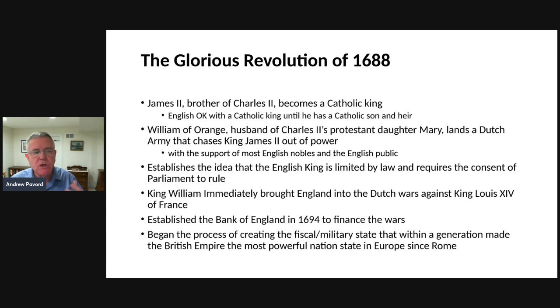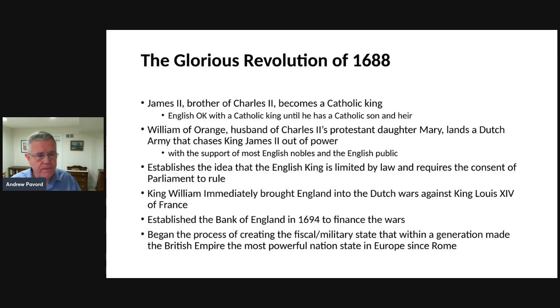revolution. But this was the Glorious Revolution because William of Orange, who was a tough, hard military leader, had been fighting the French in the Netherlands for years. He brought over a battle-tested army with the support of the English nobles and the English public. The royal army melted away, and William established himself as king, and his daughter Mary as queen. So his wife Mary is queen. Sorry about that. His wife Mary is queen.